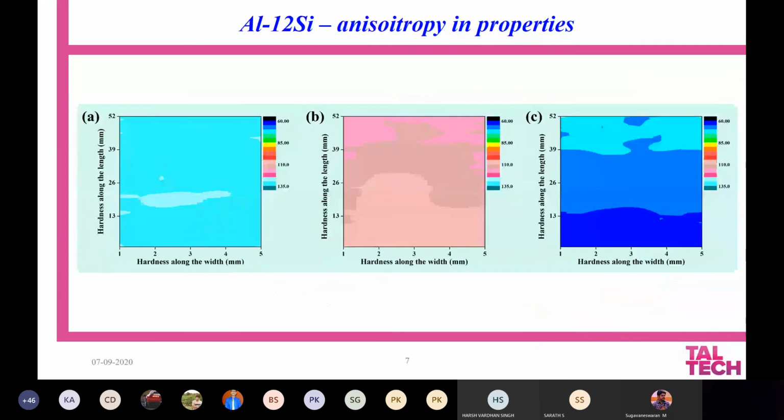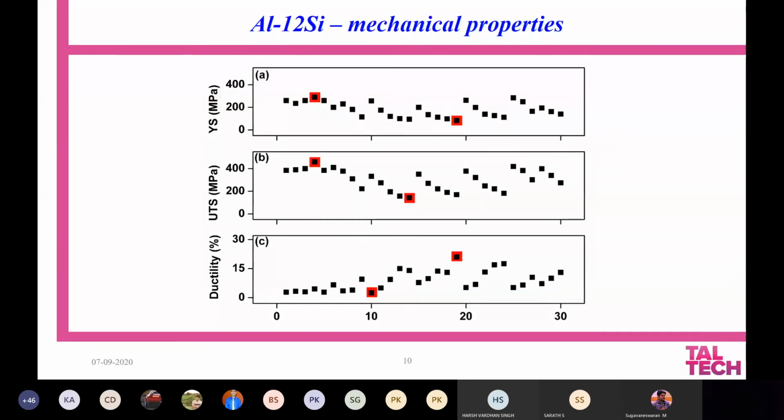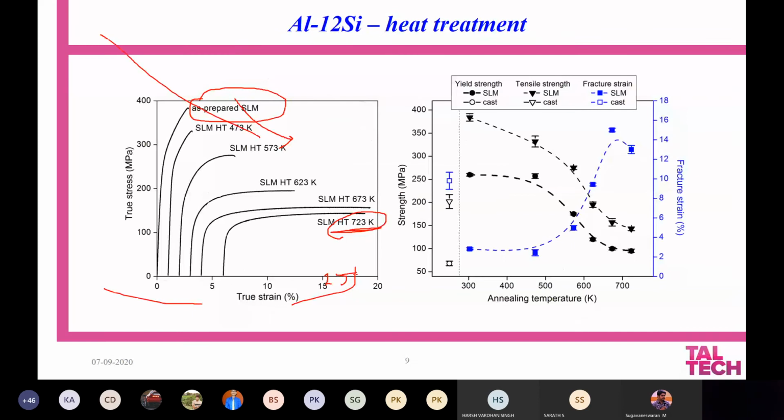Similarly, there are other ways one can modify the mechanical properties, by changing the hatch or by changing the way in which it gives a higher cooling rate. For example, we try to make the cooling rate slightly slower, that is by employing the double melting process. On the other hand, if you are altering the cooling rate, you alter not only the strength but also the ductility of the material.